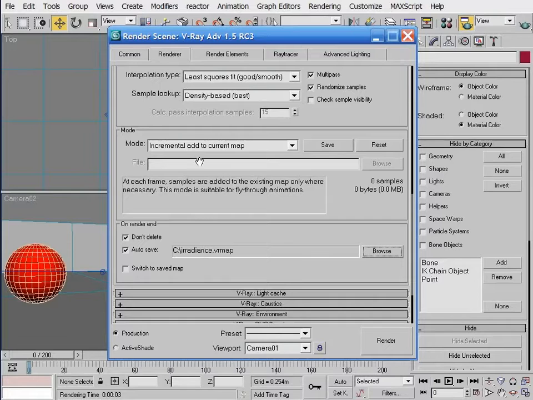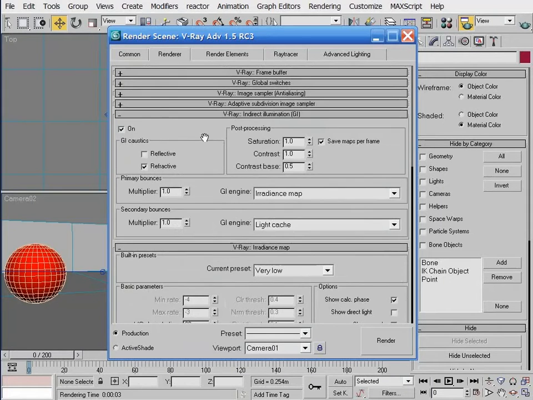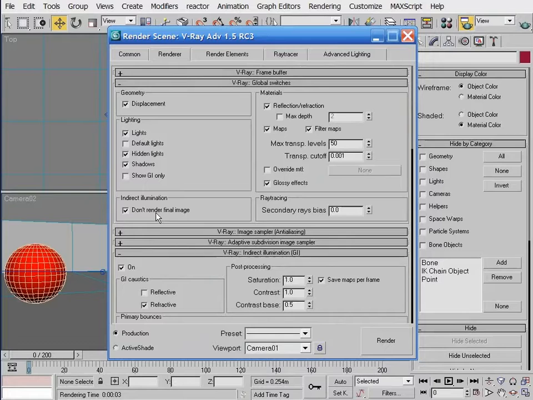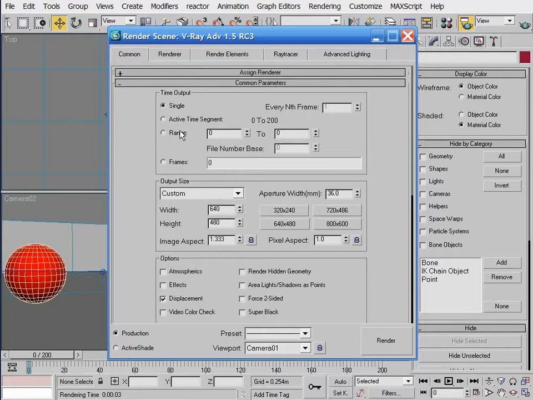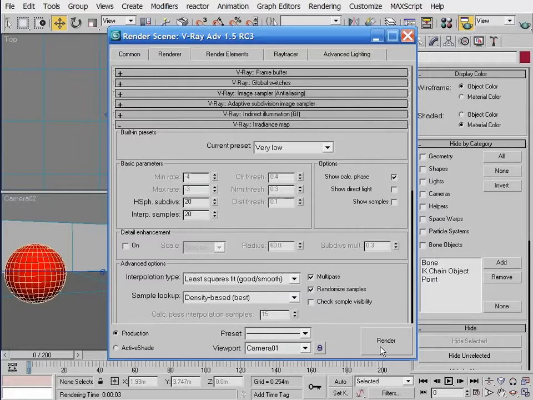In the global switches rollout, I want to leave the don't render final image option enabled, and now I need to decide in the comment tab of the render scene dialog box what my nth frame value is going to be at. First, I need to switch to the active time segment, and here I'm going to use a value of every 50th frame, which I decide by considering the detail I need and, most importantly, how fast my view changes. With these parameters set, I can start my rendering, or at least my irradiance map rendering,